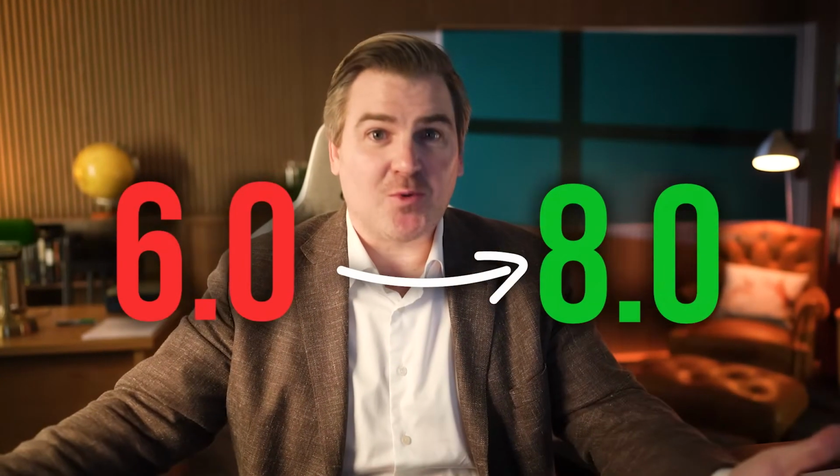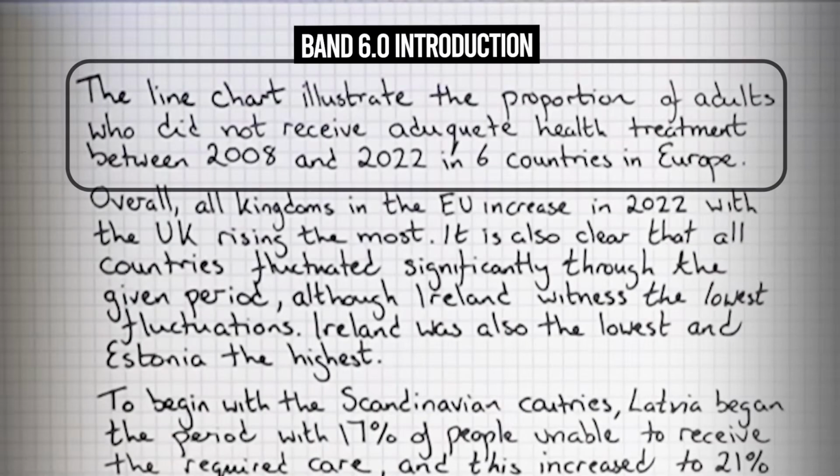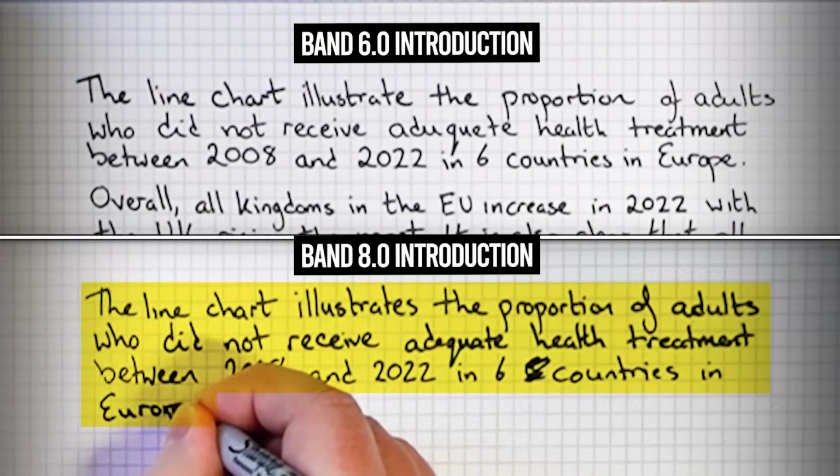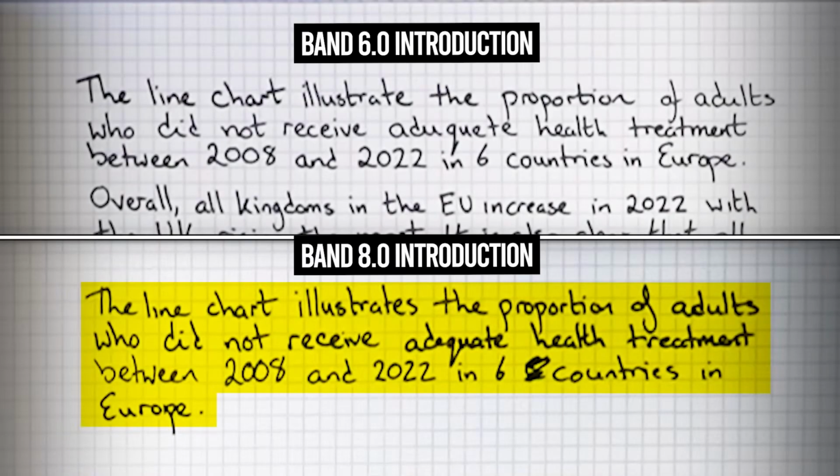There are lots of little changes that we can make that can get this person to a band 7 or even a band 8. And that's what we're going to do now. So this is actually a pretty good introduction. It just has a lot of those little vocabulary and grammar issues. So we're just going to fix all of those. The line chart illustrates the proportion of adults who did not receive adequate health treatment between 2008 and 2022 in